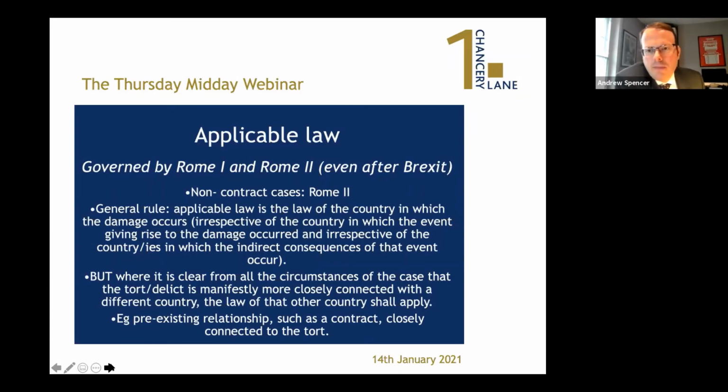And that must be right, because otherwise you could just make this out simply on the basis of where you choose to issue proceedings. And in that case, the judge held that those factors did not indicate a manifestly closer connection of the tort with England and Germany. As I say, that's a different sort of case to one of clinical negligence abroad. And it seems to me that in many of these cases, there is going to be an underlying contract with somebody apart from the clinicians. And that may well be sufficient to found an argument of a manifestly closer connection with England.